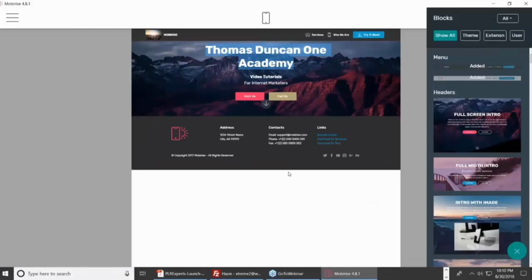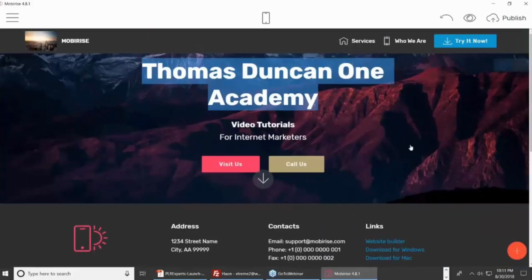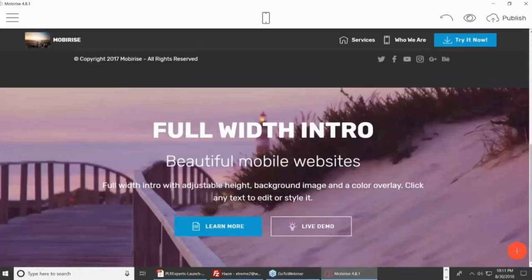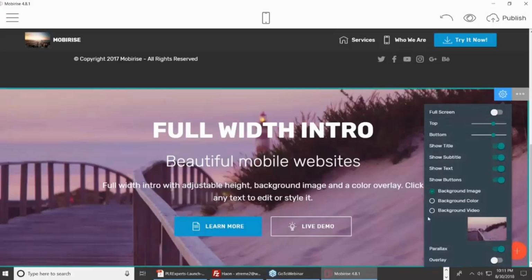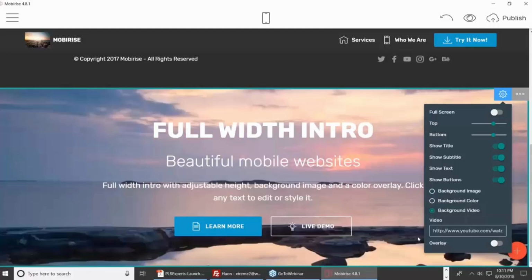Or let's say I want to add a block to this page. So basically I have two blocks on this page, right? And let's say that I want to add in another block here, right? I can add in a block here. And basically I have another area now that I can edit, right? So now I've got this here and the bottom. I can then change the element of this. I can change this to one of those fancy background videos, right? So let's say that now I want a video to run in the background of this site. And so what I can do here is go and get a video,